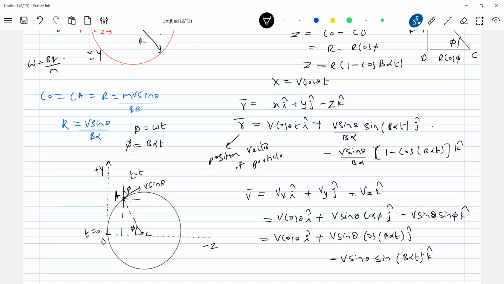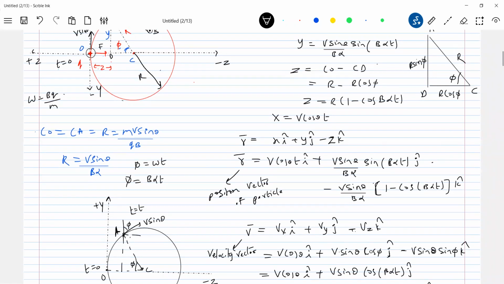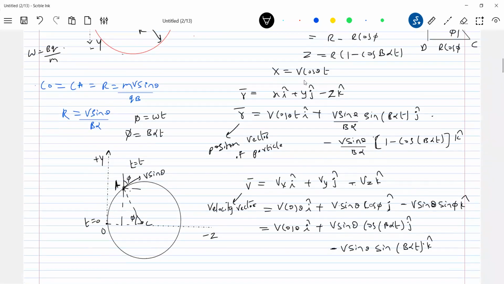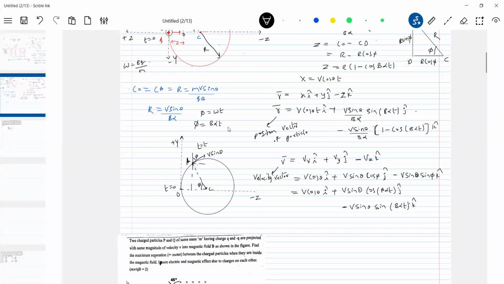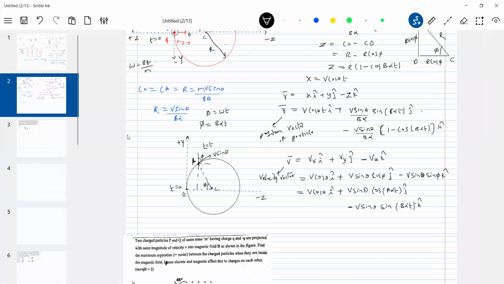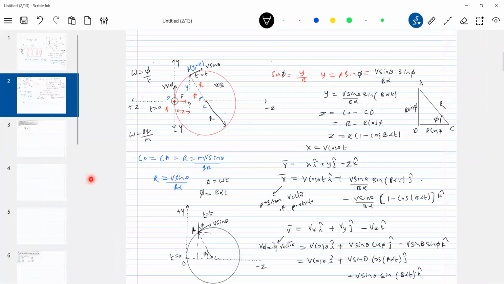So when a particle moves in an elliptical path, do we know the position vector of the particle? Yes, this is a velocity vector. Fine. So this is the basic mathematical thing a student must have, like how to predict the position vector and the velocity vector of a particle moving in an elliptical path. So what is the basic methodology? The methodology is like this. I think the total diagram I'm showing here.